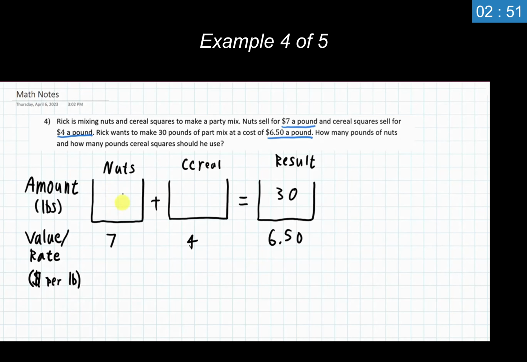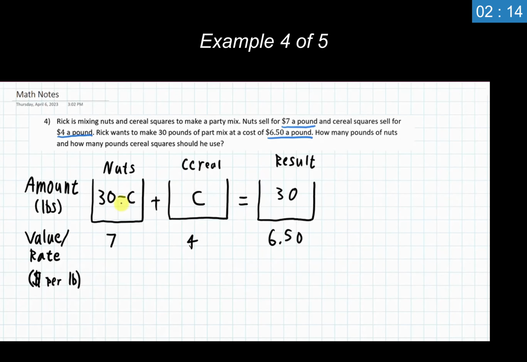I believe I used the first bucket here as the variable for example 3. So I'm going to go ahead and say that cereal is our variable here. How many pounds of nuts am I going to use? Well, it's going to be the total amount minus the amount of cereal that I have. So the nuts is just going to be the leftover for this particular problem. But again, you could reverse these if you really wanted to. It's your choice. Just pick which one is going to be the starting thing and which one's going to be the leftover, and then just commit to that.